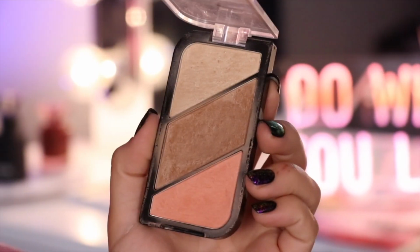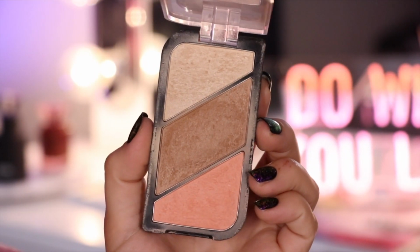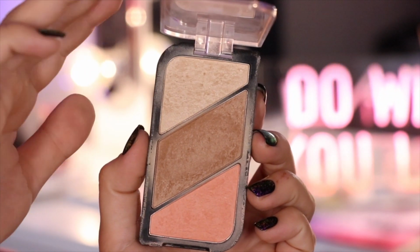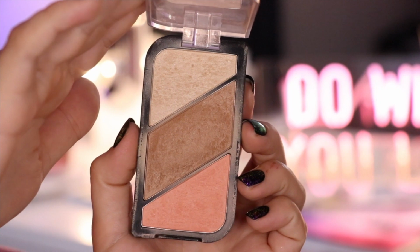Last up for the face, I have a little palette, and this is one that I used to wear like crazy a couple years back. It is the Rimmel and Kate contour palette, I guess, in the shade Coral Glow. They didn't have a whole lot of variety when it came to the color combos here, and this one was a little light. I loved that it was fair enough when I was fair, like in the winter months, but